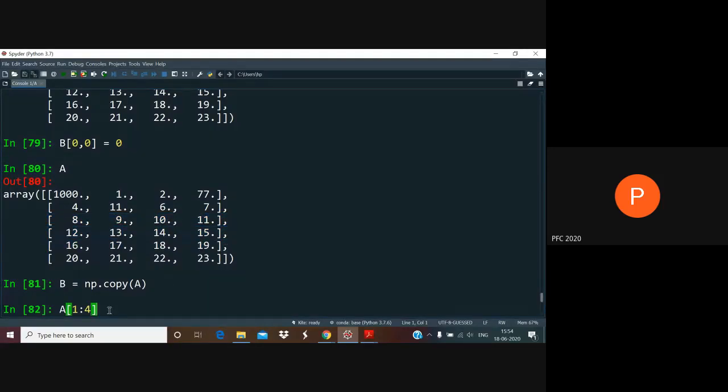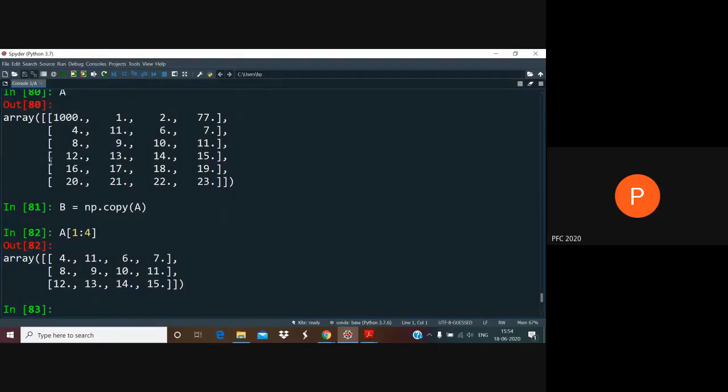So A[1:4] would simply be these three rows. We usually colloquially say that this is a new array, but it's not a new array. This is just a piece of the old array.